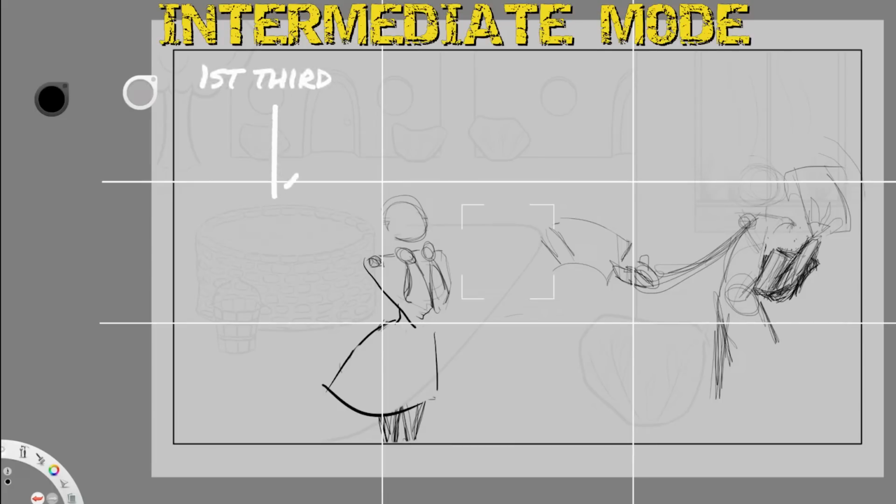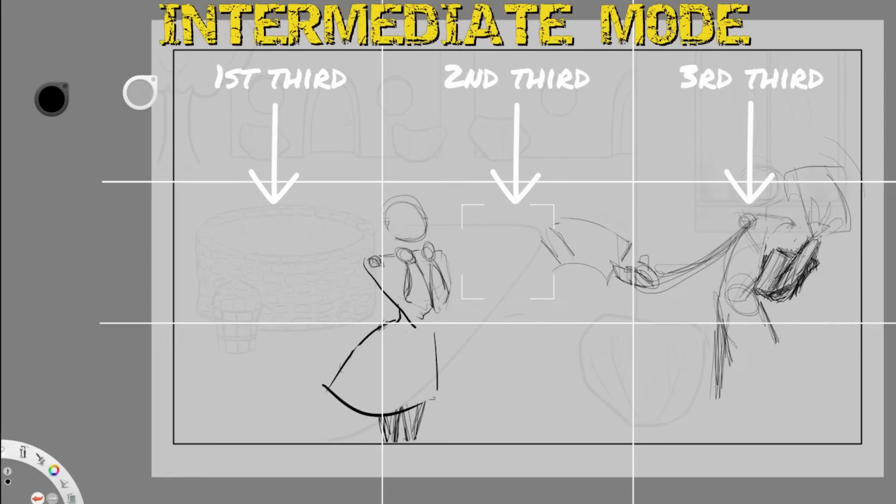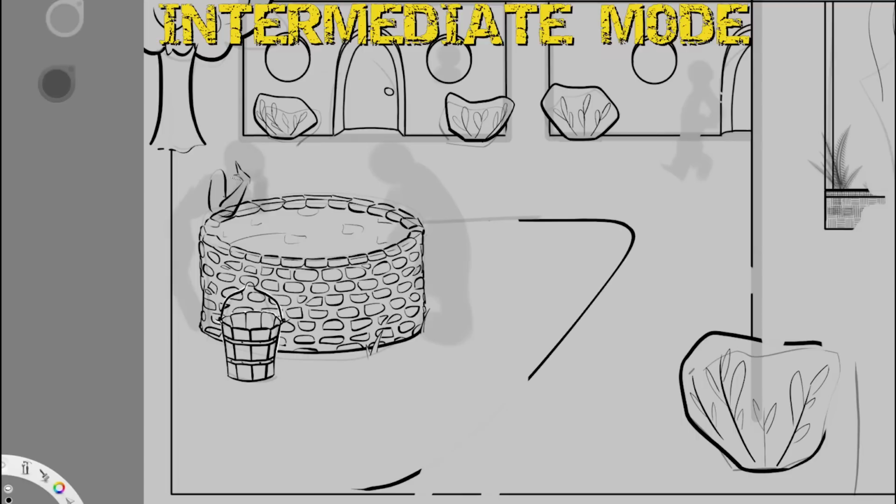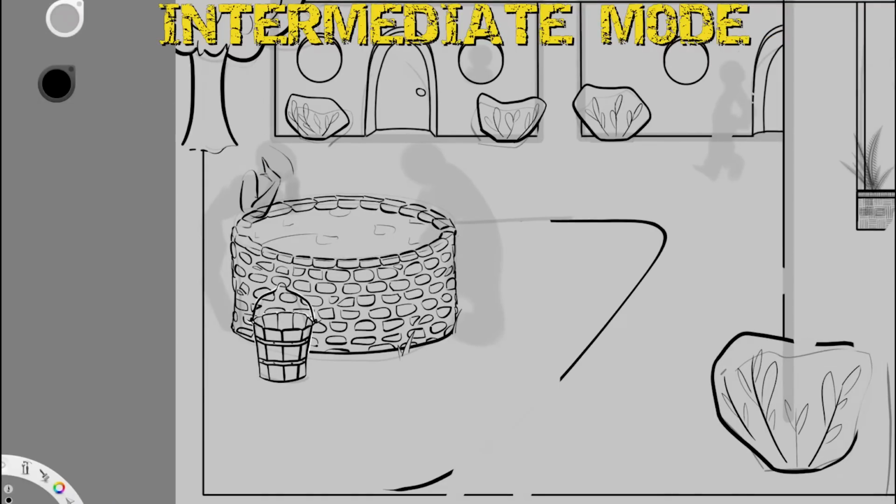My vertical thirds on the left of the page focus on the background characters gathered around the well. The middle third focuses on my main character, carefully placed so as not to fall in the crease of the spine. And the right side third shows the narrative action, where I've placed the character handing out invitations. The order I've placed all of these elements in is deliberate for the sake of storytelling, and we will get